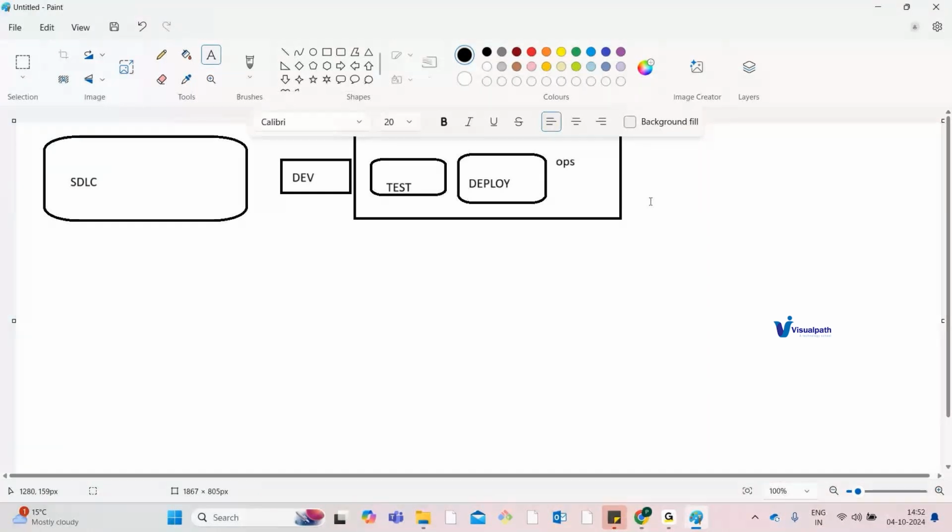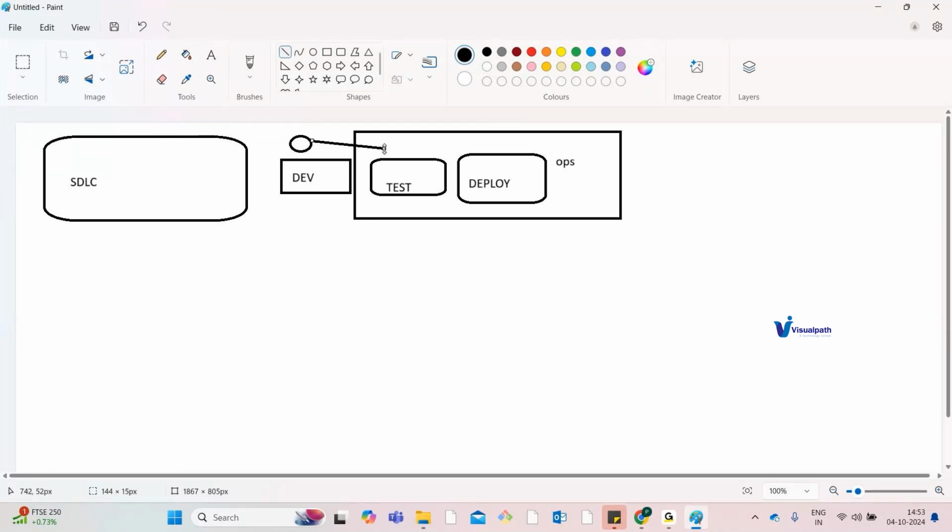Now once the developer develops the application, whatever the application goes through next is done by a specific team, and DevOps comes into the picture at this moment. You may think this is a very small thing: the developer develops it, and then we just pass the application to test and then deploy. That is very simple, some people may think, but